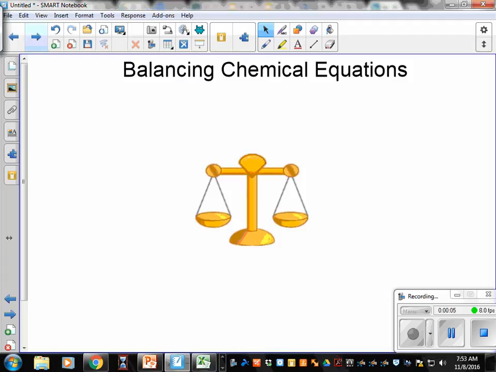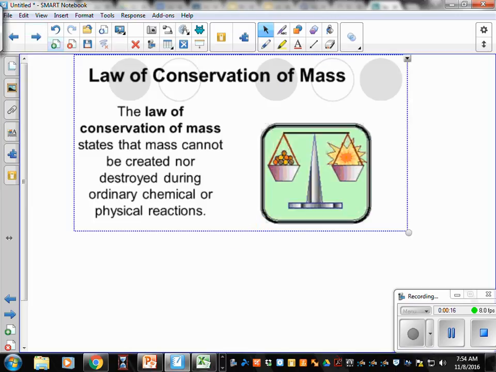Today's tutorial is going to be over balancing chemical equations. That was one of the lowest objectives on our district assessment. So first, I'm going to start off with the law of conservation of mass, or it can be the law of conservation of matter. The law of conservation of mass states that matter cannot be created nor destroyed during ordinary